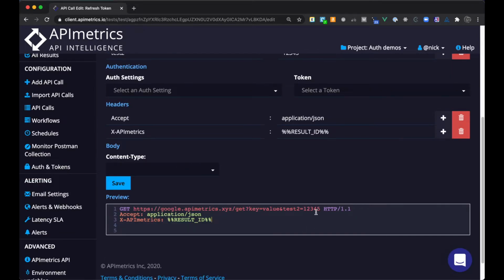You can see at the bottom here we have a preview. On our more zoomed out page, this is on the right hand side. And the preview shows you the URL, including the URL parameters we've entered and the headers. If we had a body, that would appear below. So we can save that API call